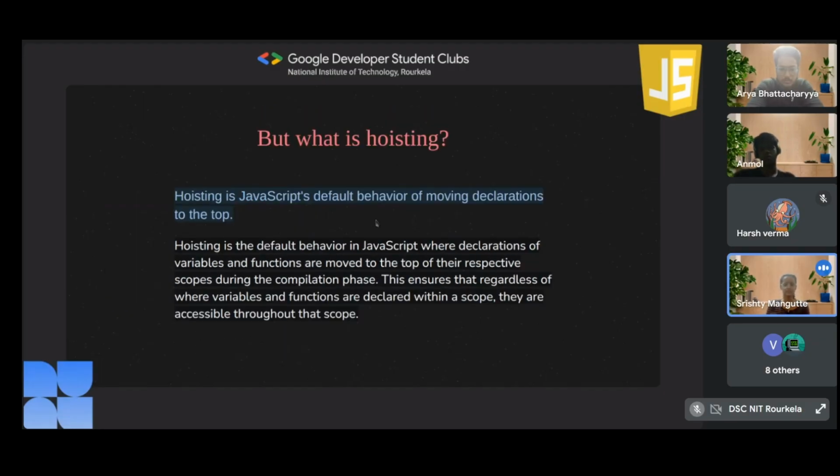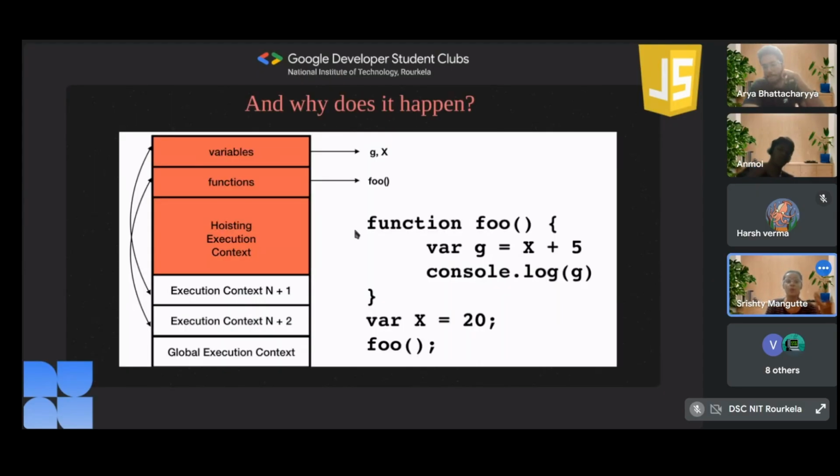But what is hoisting? Hoisting is a JavaScript default behavior. There is an execution panel, and there is this code panel. Usually C++ or other languages have compilers; these are compiled languages. But JavaScript uses its own JavaScript engine or Node.js to run the program. It goes through your entire code, and wherever there is a declaration, wherever there is a variable, it first moves to the top of the execution context. So all variables come to the top of the execution context. Even if you have declared it later, it comes first.